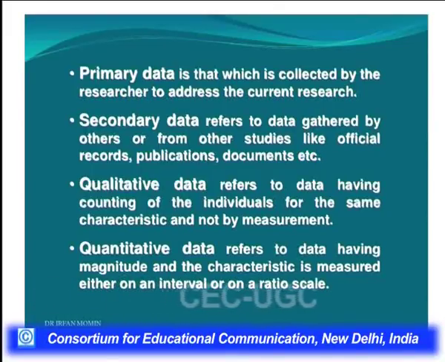So I'll be talking on these two once again. The primary data, as I have told you in detail, is collected by the researcher himself, and on the contrary, the secondary data is collected by somebody else and used by somebody else. The data which has been collected by somebody else has a different orientation, different objectives, a different set